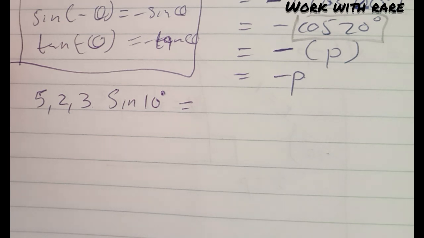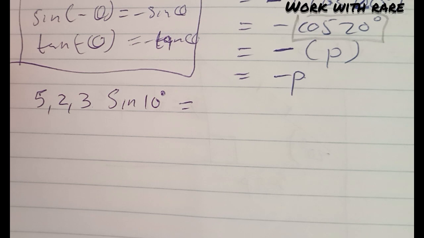Because here you can say 90 minus 10, because we should have something with 20, like cos 20, tan 20, something 20, because we are given cos 20. You get it? So now here we can use